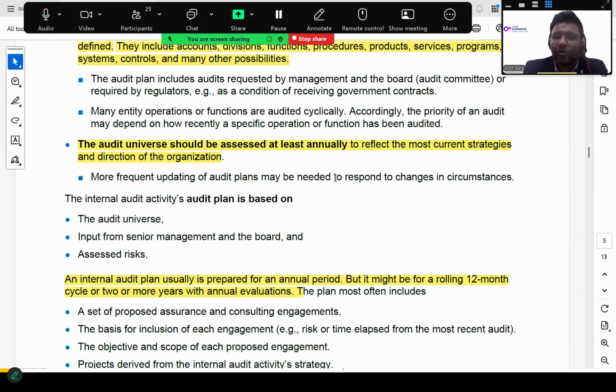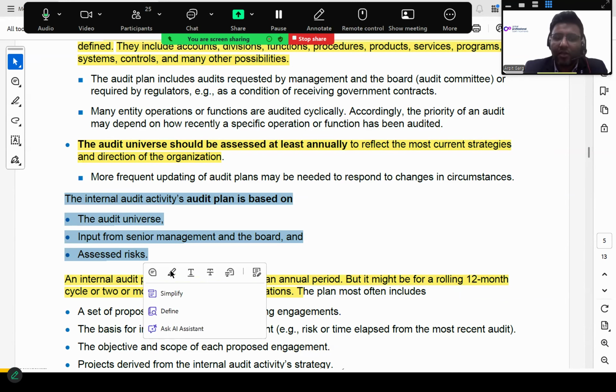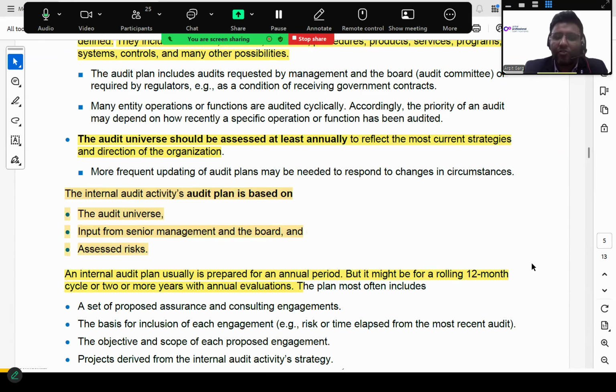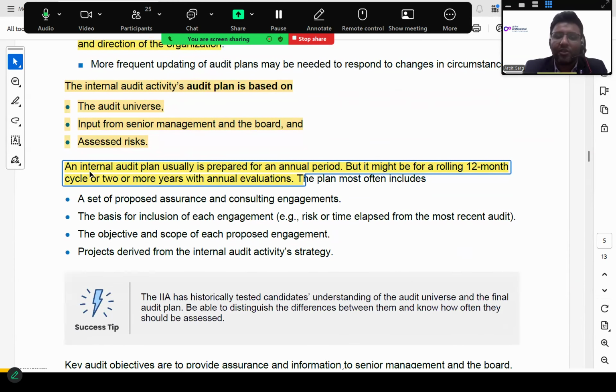More frequent updating of audit plans may be needed to respond to changes in circumstances. The internal audit activity's audit plan is based on what? What did we learn? The audit plan is based on the audit universe, input from senior management and the board, and assessed risk. An audit plan usually is prepared for what? People, can you all read it? It is prepared for an annual period,